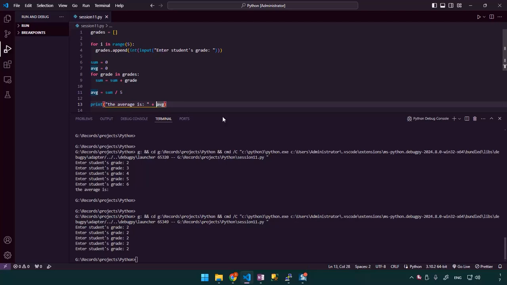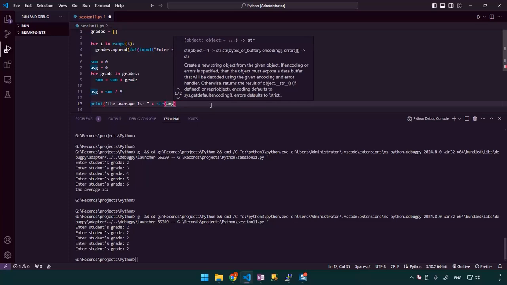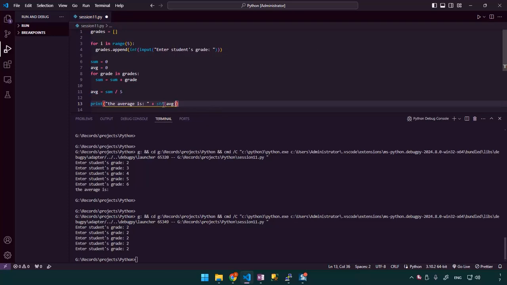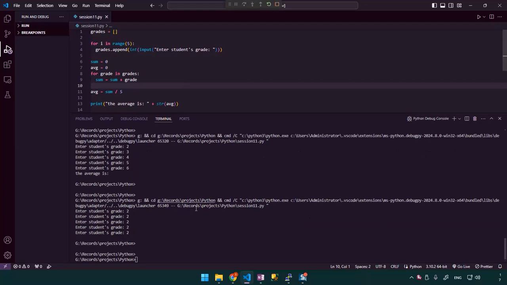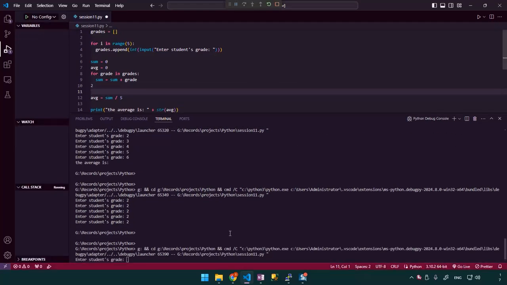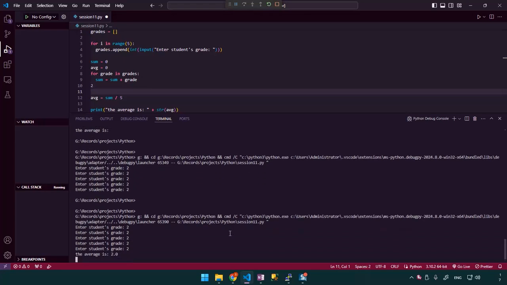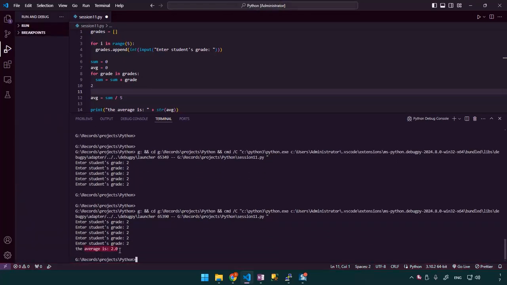What can I do now? Well, you have int, so probably you have str as well. Probably meaning, hey, Mr. str, get this and cast it into a string. Let's go 2, 2, 2, 2, 2, and now it says the average is 2, which is perfectly fine and correct. So as you can see, with this little knowledge, just what's a variable, what's a list,